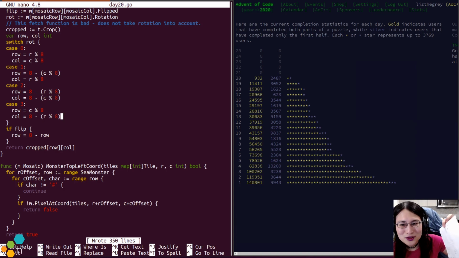Let's see. So I have rotated 3 times, asked to read from the 0th row, 0th column. Then in fact, that translates into the zeroth row and the 8th column. Yep, that's correct.